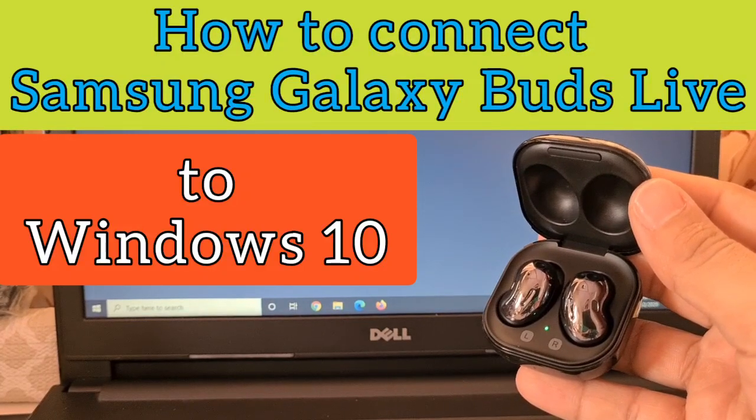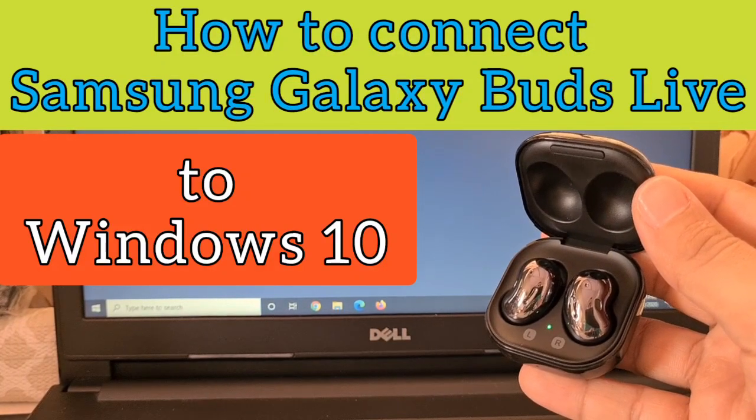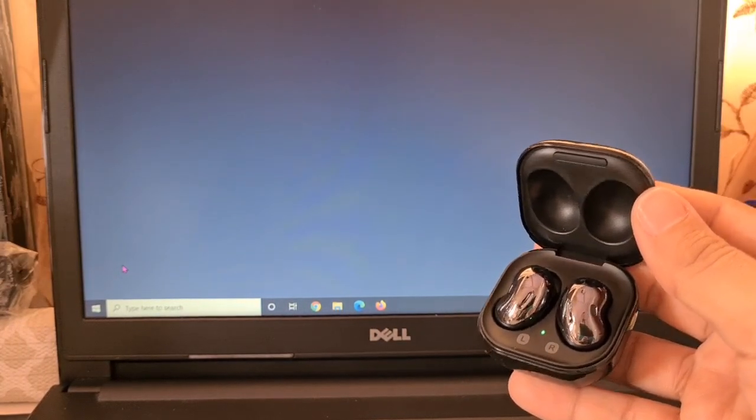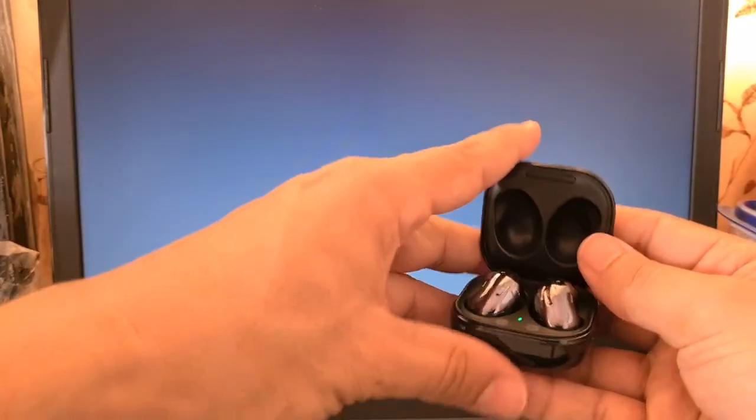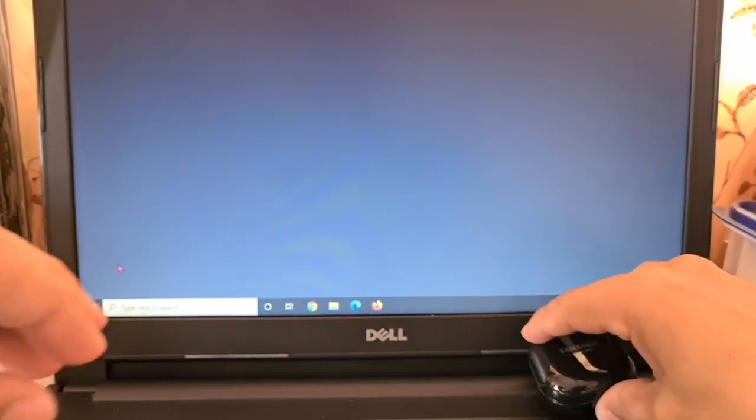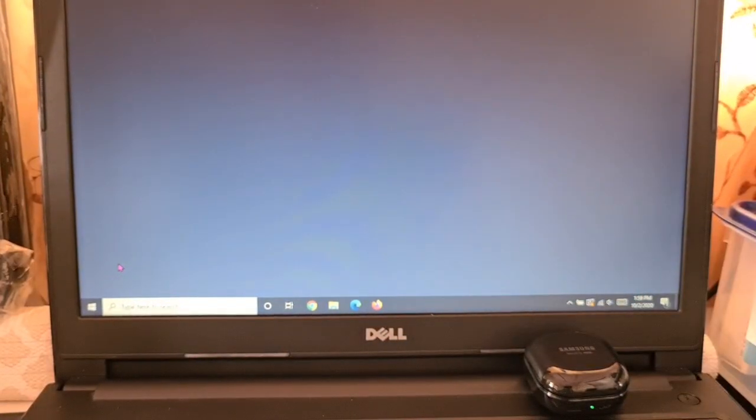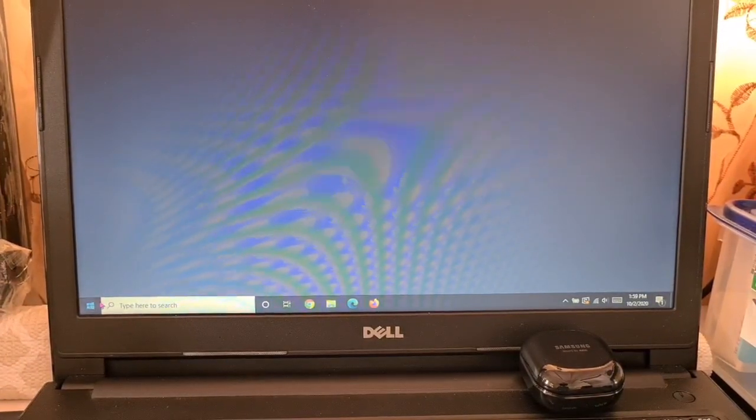How to connect your Samsung Galaxy Buds Live to a Windows 10 computer. Before you continue, make sure they are not connected to a phone or another device because it will cause confusion. To get started, on your computer or laptop, we're going to go to the start menu here